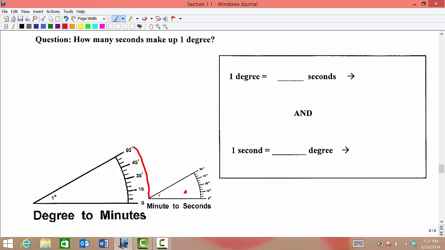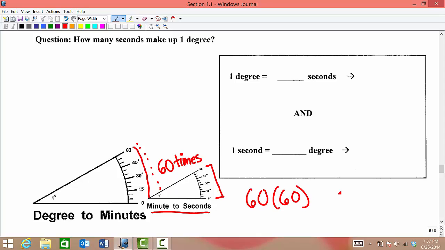Now, this represents 1 minute converted to 60 seconds, but there would be 60 of these that I would have to write. There wasn't enough room here, so 60 of those. Picture 60 of those minute to second conversions. So we would have this 60 times. So when we get to the end, we would actually have to duplicate this 60 times. So we have 60 times 60, which will give us, at the end, if I was to write this out 60 times, at the end we would count